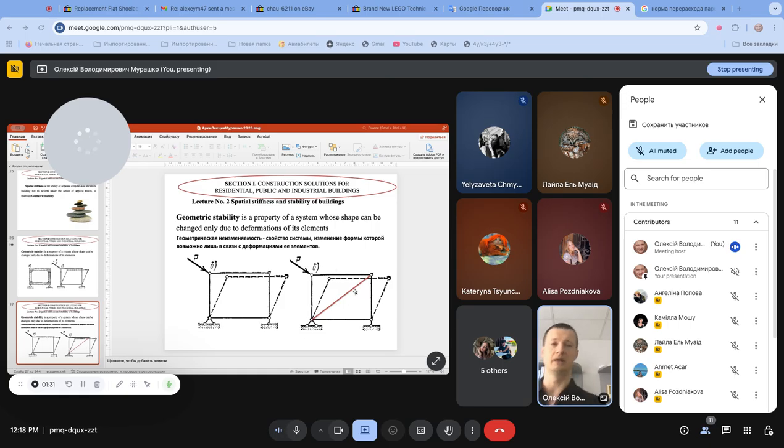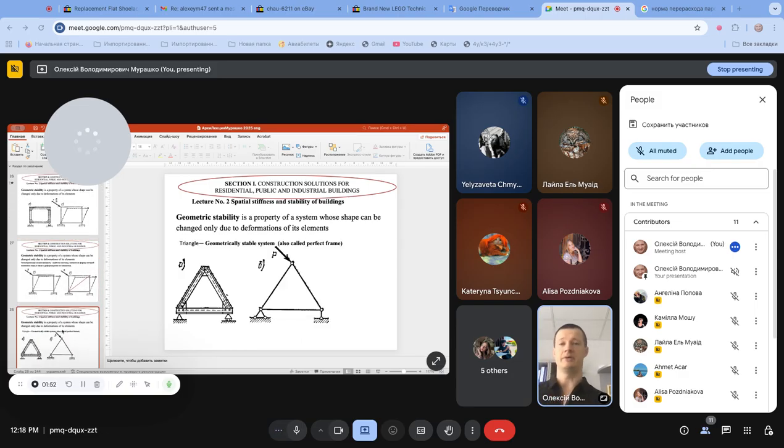And when we add such an additional link element which connects these nodes, even hinged connection between elements will give the ability to work this structure as a geometrically stable structure. So nevertheless, we can also make a geometrically stable triangle, and the difference between left triangle and right triangle